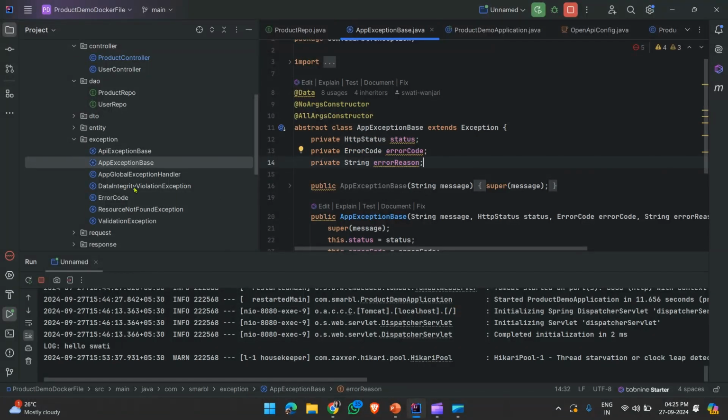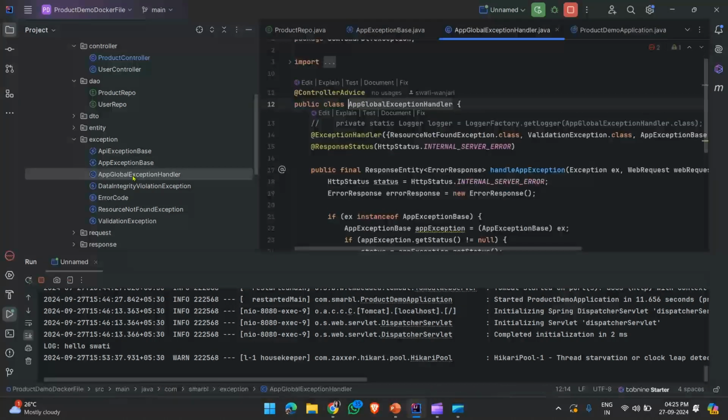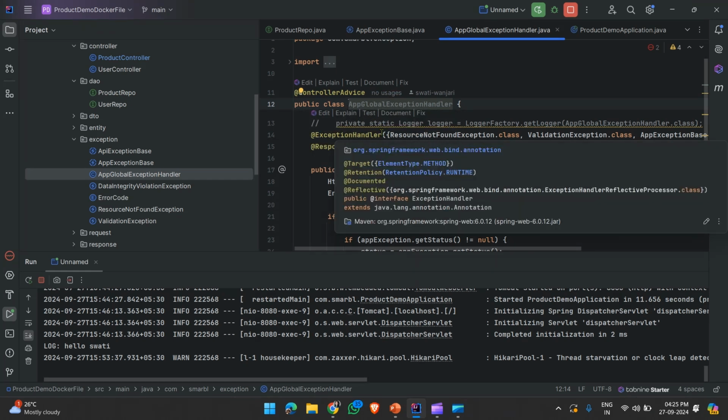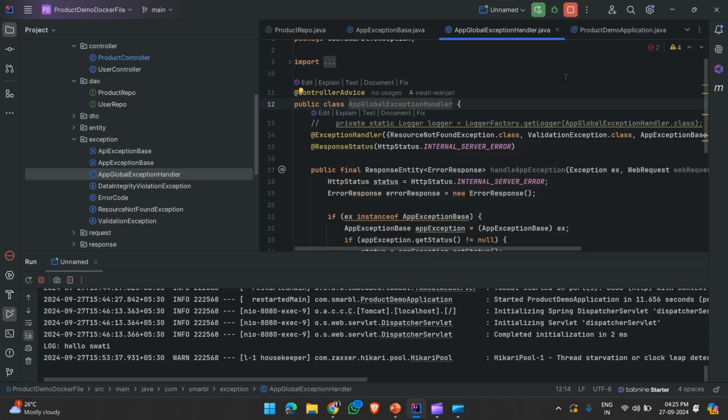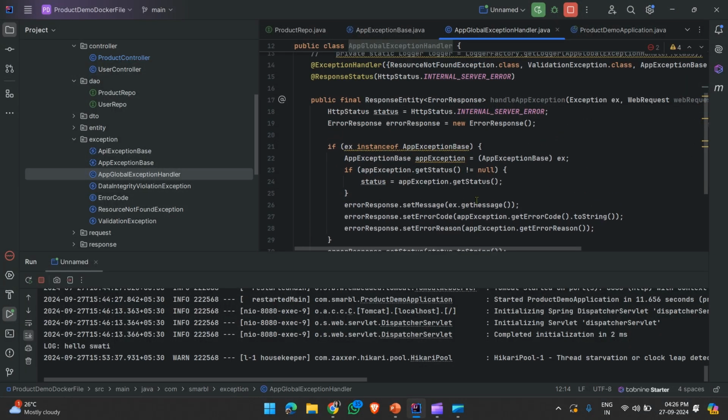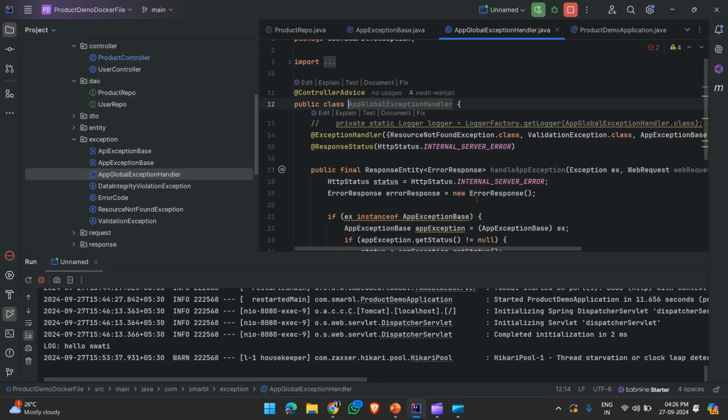And then here AppGlobalExceptionHandler. Over here you can see @ControllerAdvice. This is a global exception handler. Whatever exceptions occur will be handled by this global exception class.